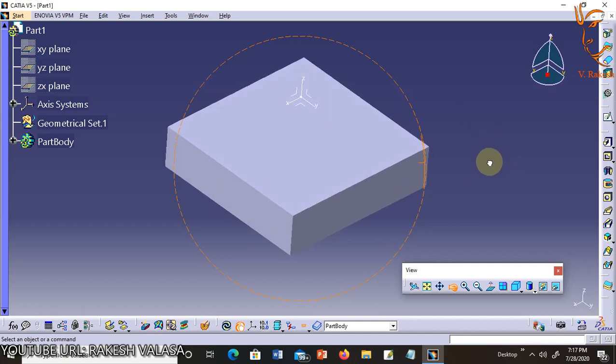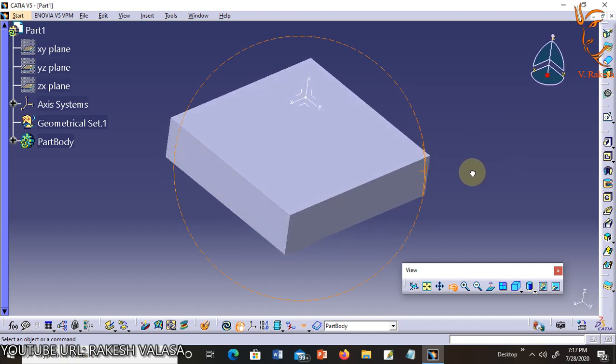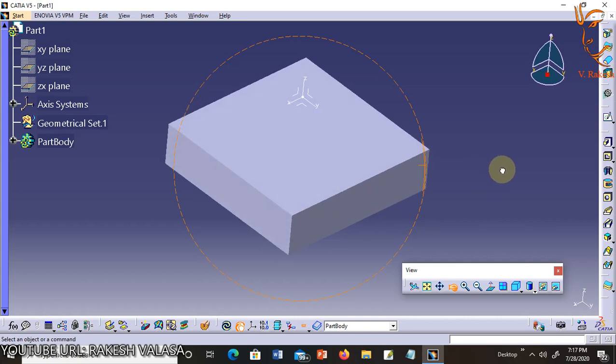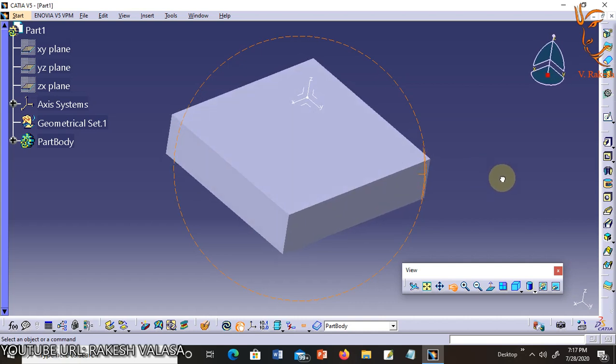This tool is critical to part manipulation. It is important that you get the hang of rotating the part to the orientation you want. This tool must be selected every time you want to rotate the part. This process is explained and shown step by step in coming lessons.